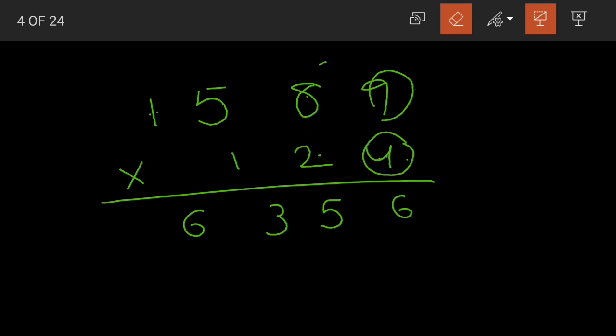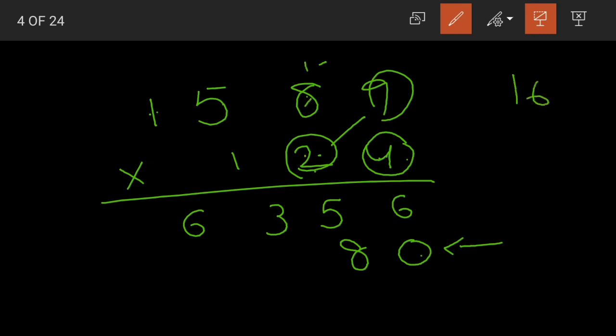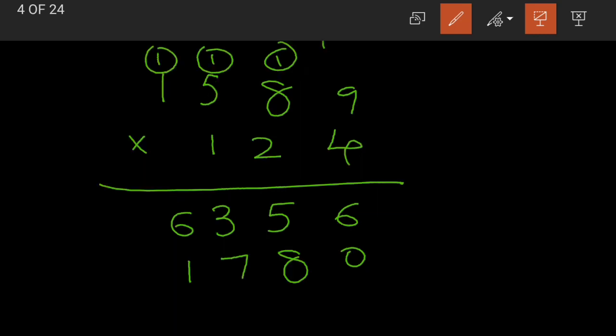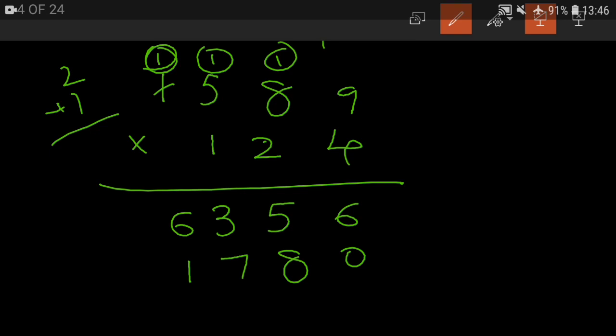Now coming to our second digit, that is 2. Yes. Now what did I say? We should write it in the next line. But before we start multiplying, place 0. Now after 0, 2 nines are 18. 8 here, 1 carried. 2 eights are 16 plus 1, that is equal to 17. 7 here, 1 carried. 2 fives are 10. 10 plus 1, 11. 1 here, 1 carried. And lastly we have 2 ones are 2, plus 1 that has been carried forward. So 2 plus 1 is equal to 3.